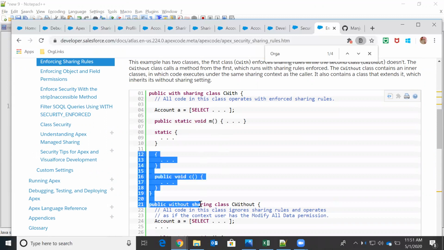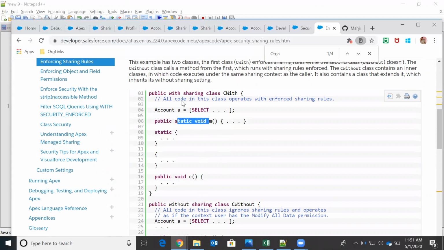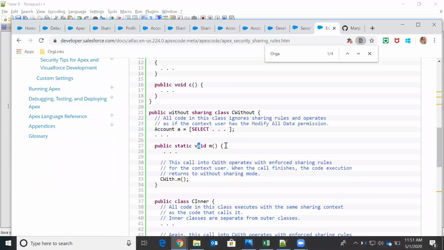First, when the method is called, it is in with sharing mode, so this execution will happen in with sharing. But when it returns the records back to the m method of the without sharing class, the returned results will continue in without sharing mode.